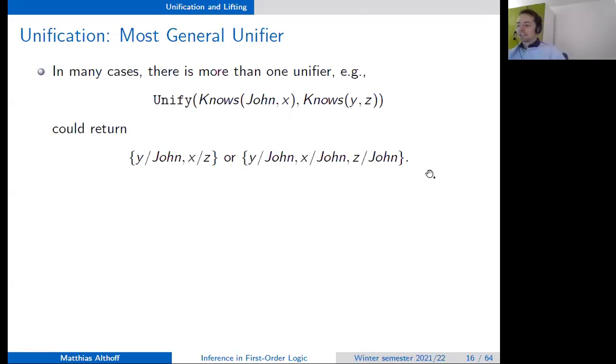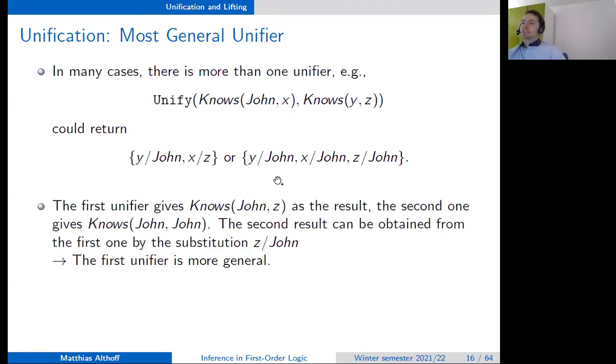Okay, so let's discuss this. The first one is more general. Why is the first one more general? Then we would have John knows Z and John knows Z. And if you would do another substitution, we could also replace, let's say, Z with John, and then we have John knows John and John knows John. The only thing is, John knows John, so I know myself, essentially, is not so exciting. But that John can know any person, and this is still okay, is a more general statement.